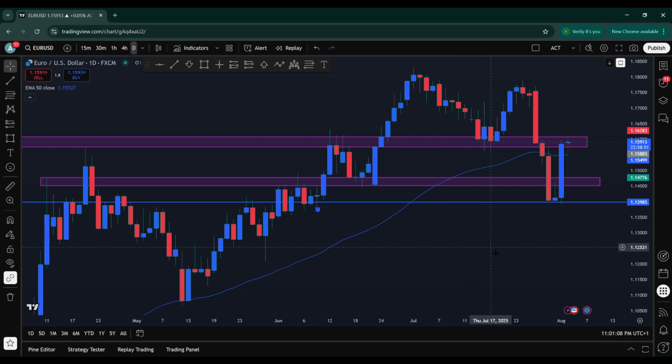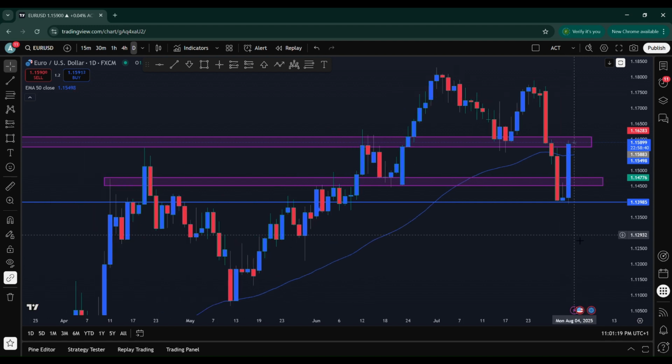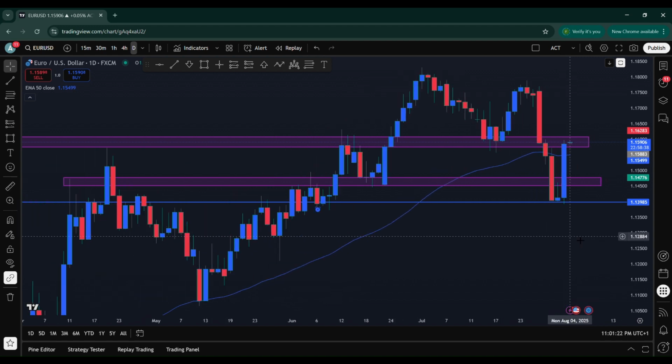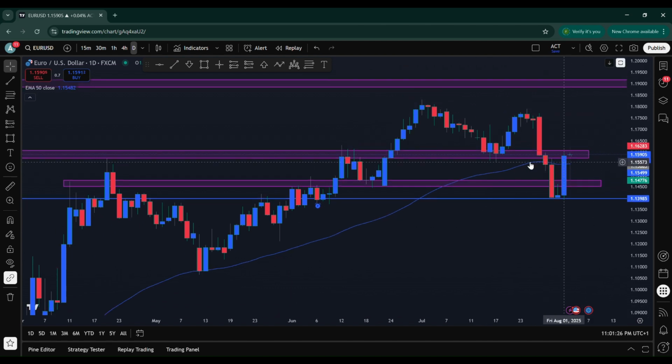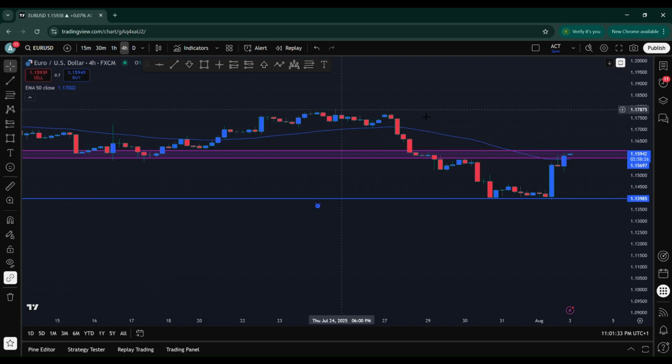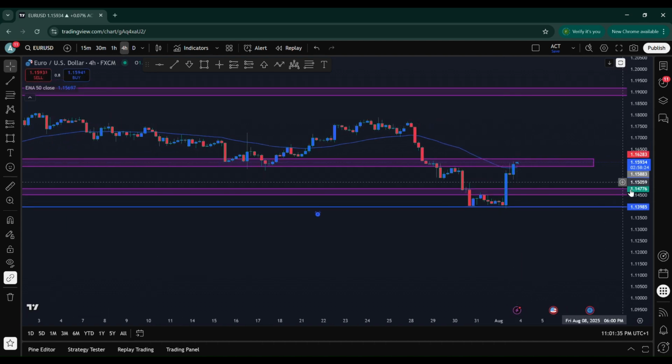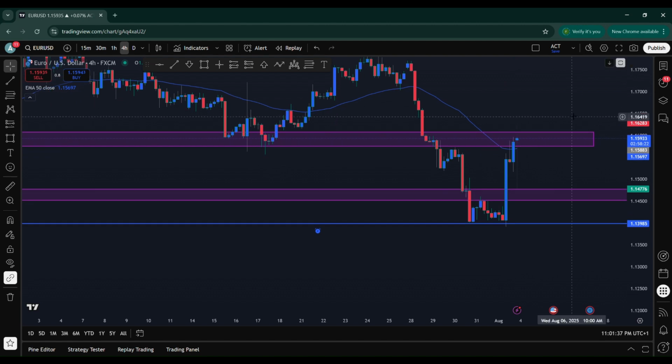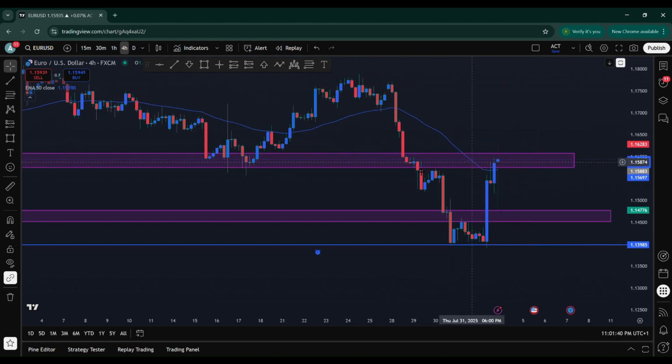All right, so the market has opened, and definitely we're going to be starting with the Euro USD. As I explained in my previous video, price opened up, and we can see there is no price gap. Daily time frame is still showing that price is currently in my area of interest. So everything aligns just the same way it was on Friday, and based on what I analyzed in my previous video, I said I was going to be looking to sell this trade when I get my entry setup,